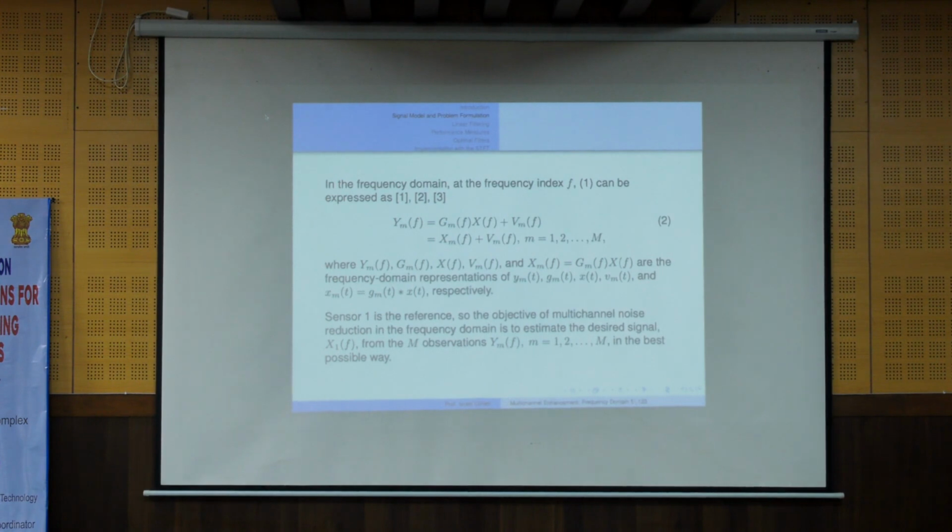If we know it, then we can try to do deconvolution in the frequency domain, to divide, or to do the inverse, de-reverberation or de-blurring or whatever, using this filter. So we can try to divide by this filter and make it a robust inverse so that we don't amplify the noise. This is a standard way. Okay. So our objective is to estimate x1(f)